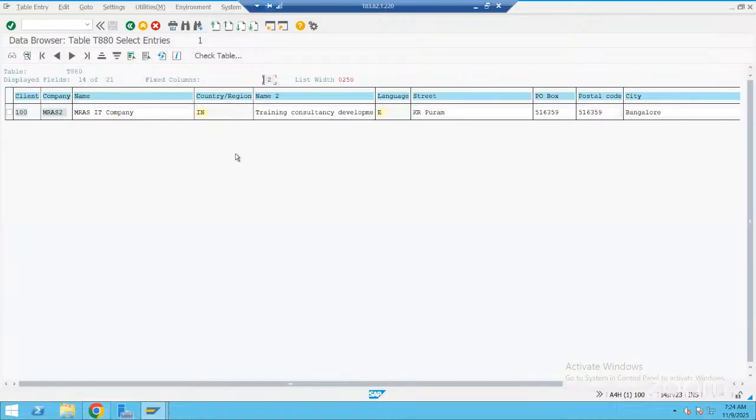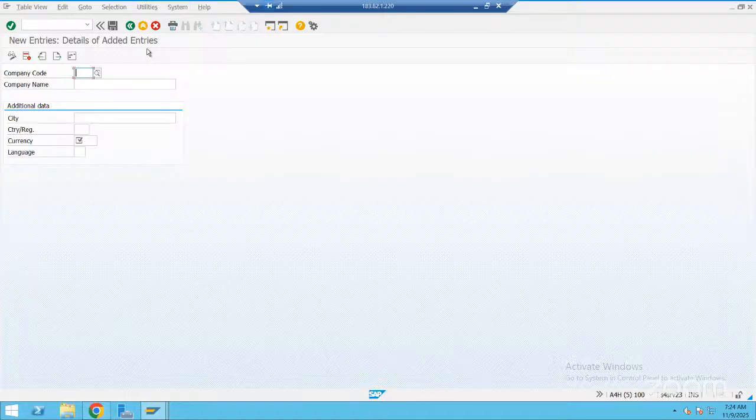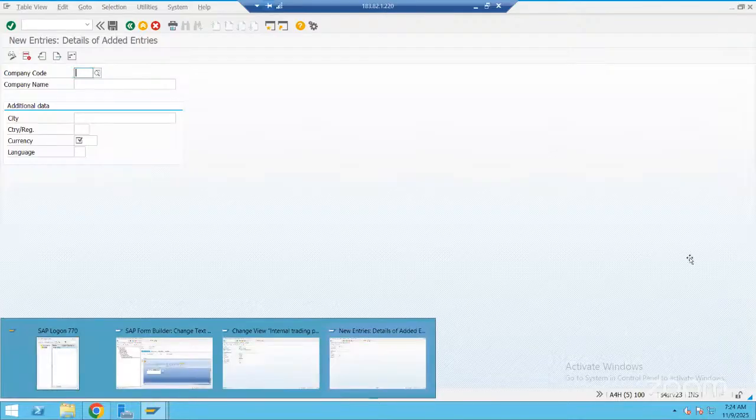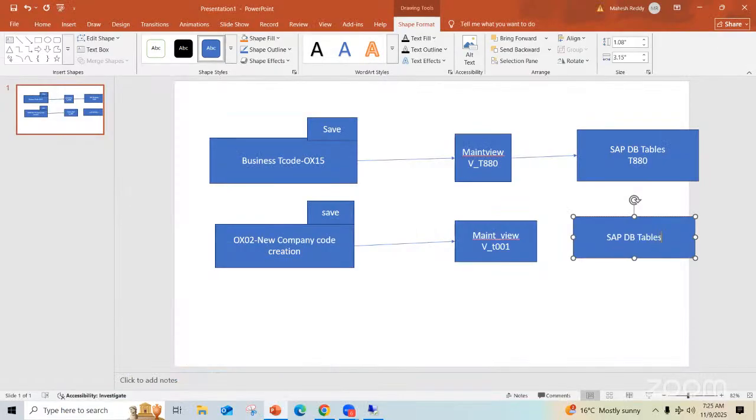T001 is the main table for the company code. And then this will go to the database table. This is the SAP database table. T001. Click on save.